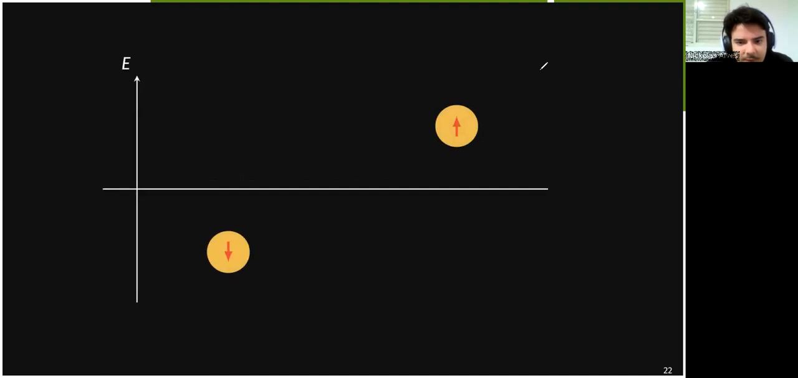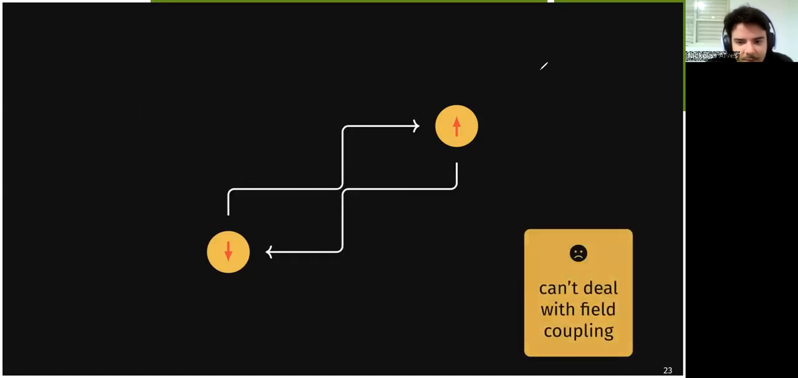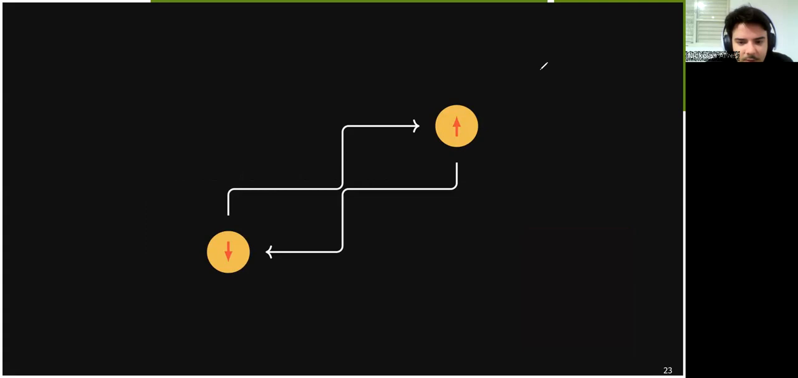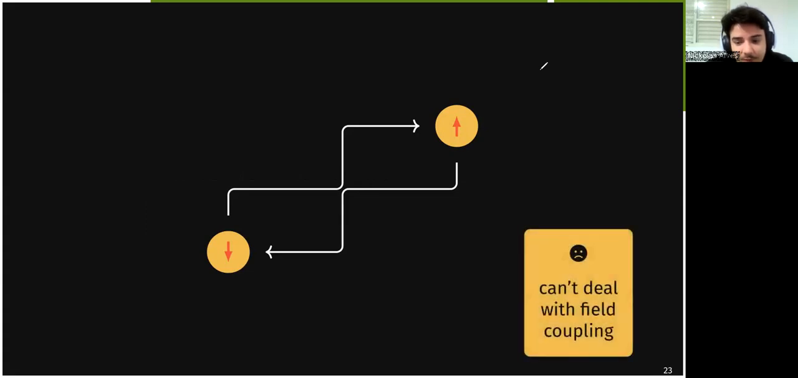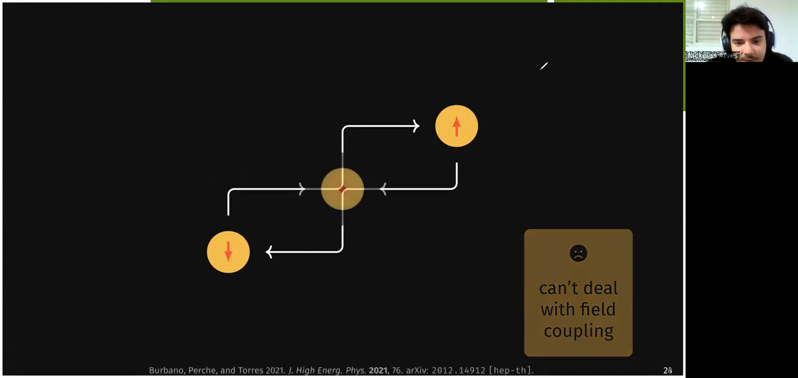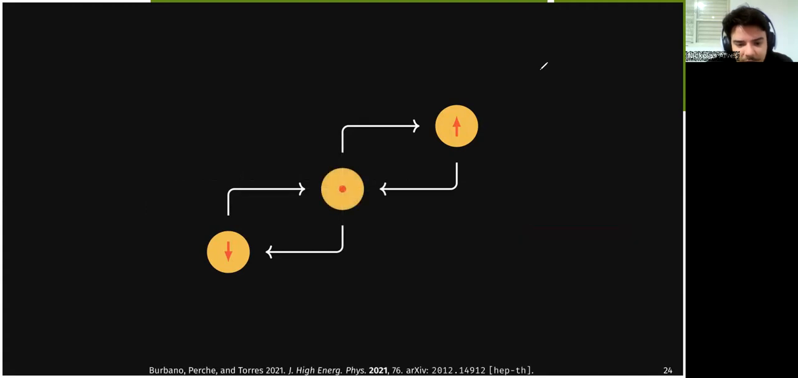We have these two energy levels, and in order to actually quantize them, we have two ladder operators that can be quantized by using Grassmann variables, which are anti-commuting variables, but this cannot deal with the field coupling. So instead, we follow the paper by Burbano, Perge, and Torres, which introduce a true vacuum between these two up and lower